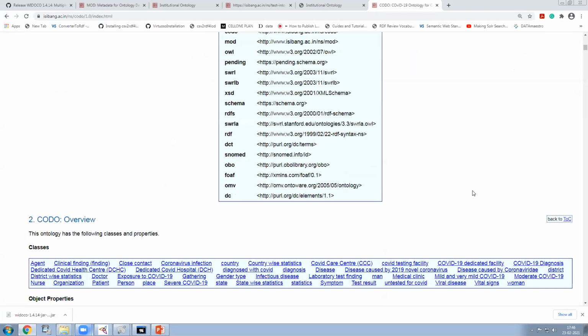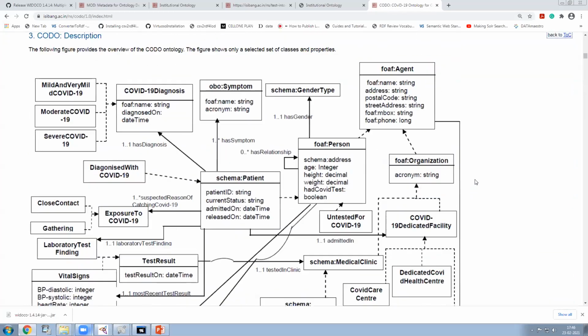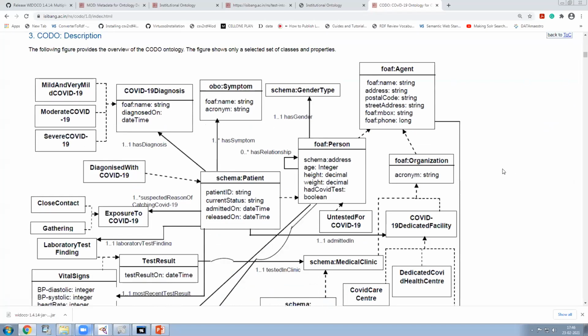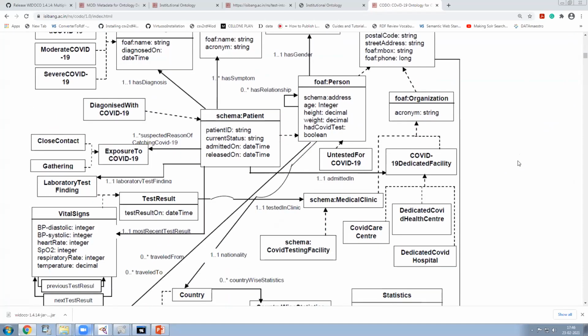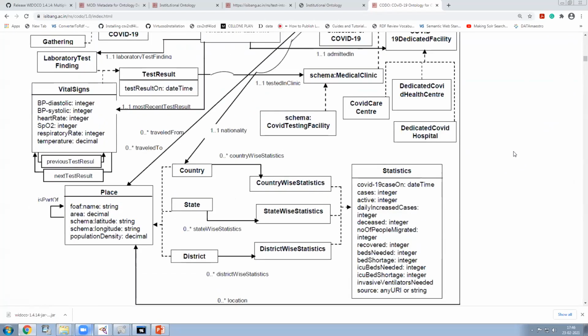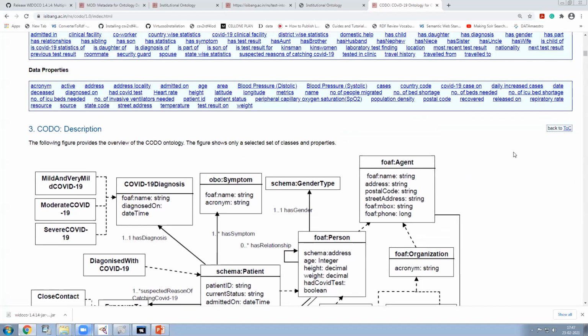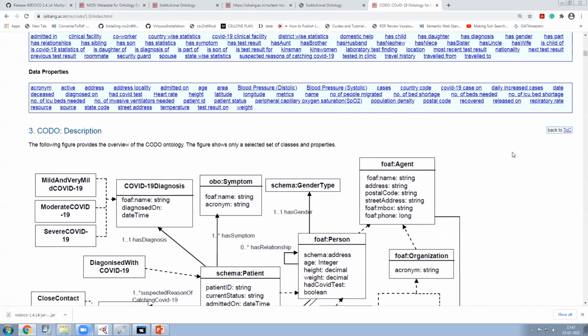Yeah, so here is the introduction. Of course, this has evolved a lot. In the description, the block diagram, in that initial version we didn't want to use the OWL visualization tool, so instead we wanted to provide our own image. This is the block diagram that we have also in that paper, and this is the more expanded form. From here you can understand how the domain modeling of this COVID ontology that we built has been created. Okay.